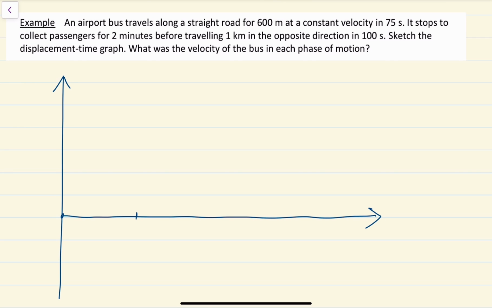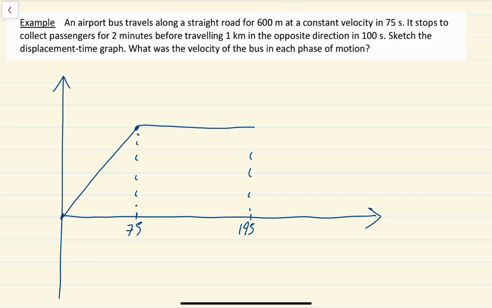Starts off in the first 75 seconds, it goes 600 meters. Is that right? Yep, 600 meters. That's the first wee stage. And then it stops for 2 minutes. 2 minutes would be 120 seconds. So that's going to take you up to